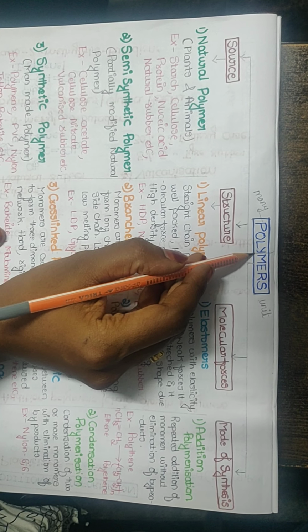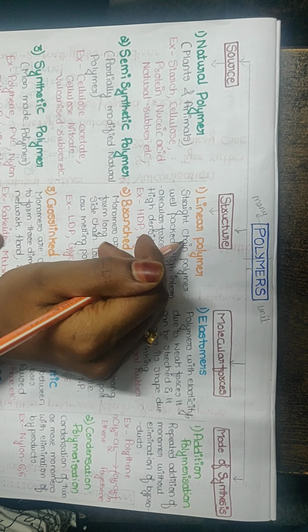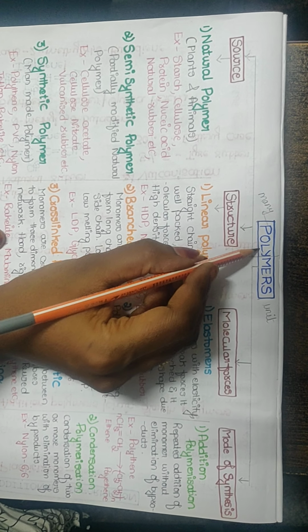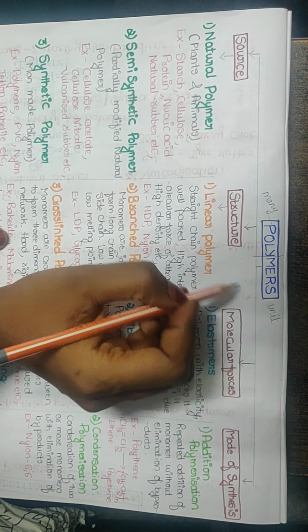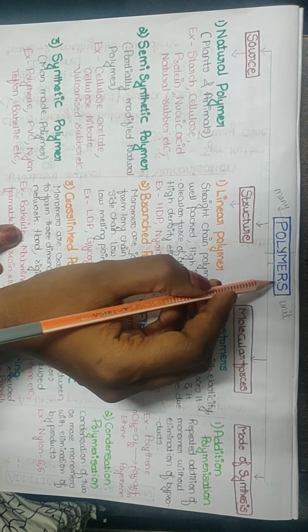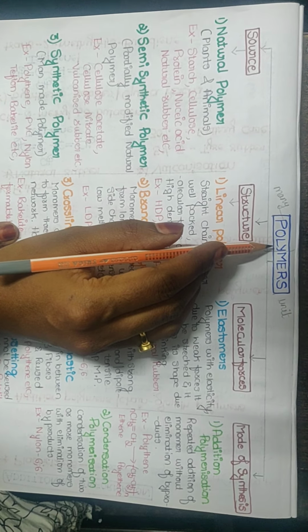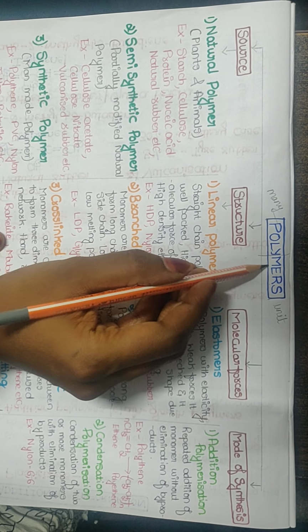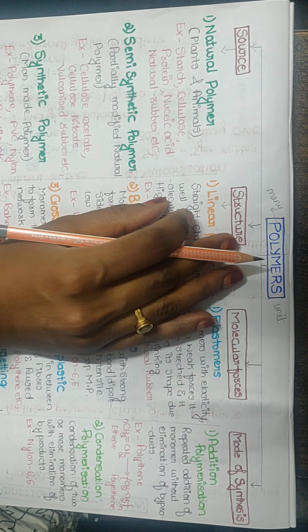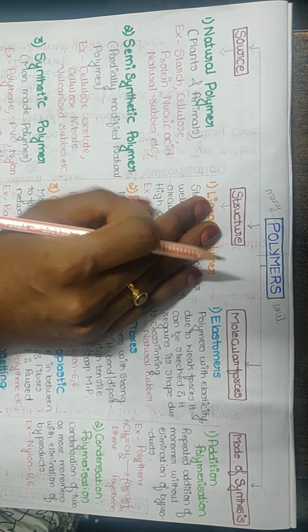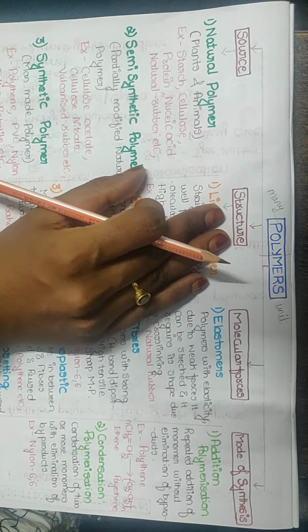A polymer can be compared with a pearl necklace, where a pearl bead can be considered as a monomer and the entire pearl necklace can be considered as a polymer. So what is a monomer? A monomer is a repeating unit which, when repeated several times, will end up with a polymer. And what do you mean by polymerization? It is the process of converting a monomer into a polymer.